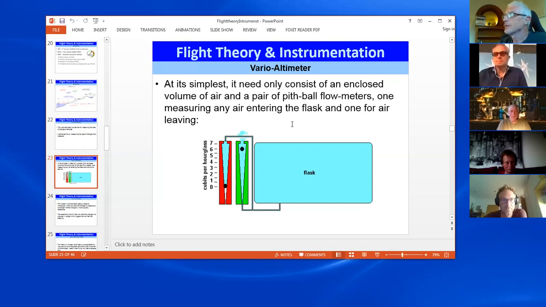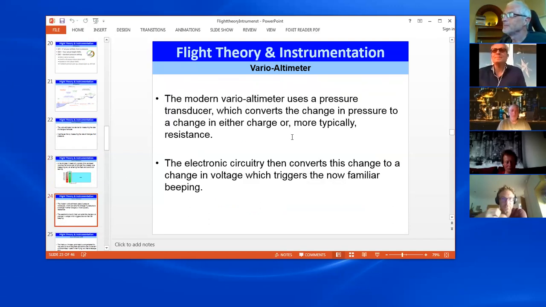One measuring air entering, one leaving, and as the air comes in and out, they'll move up and down. They'll tell you whether you're going up or down, just by changing air pressure. Fortunately, we don't carry those with us. Instead,